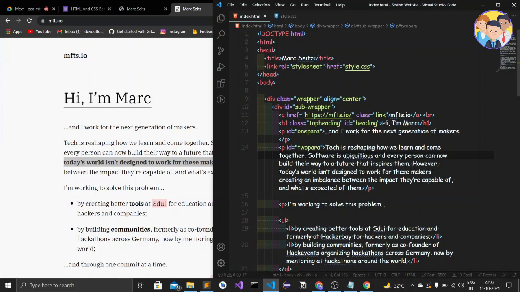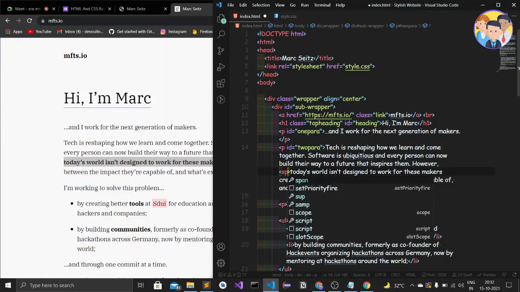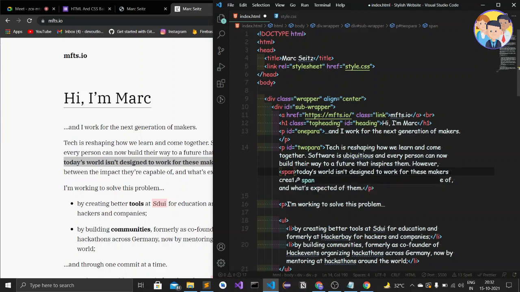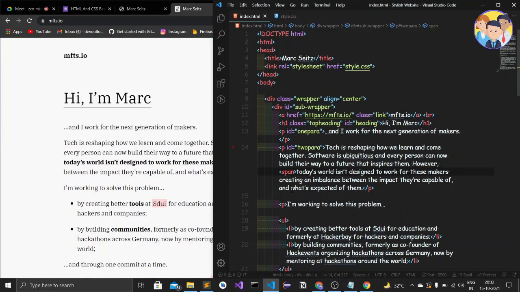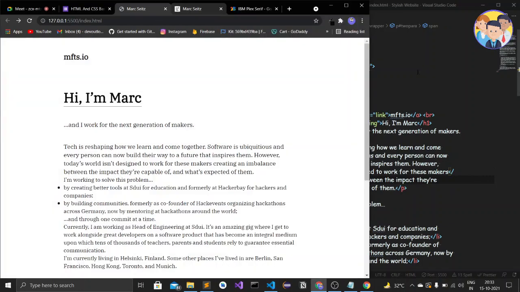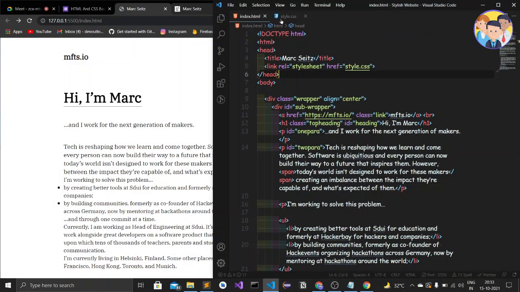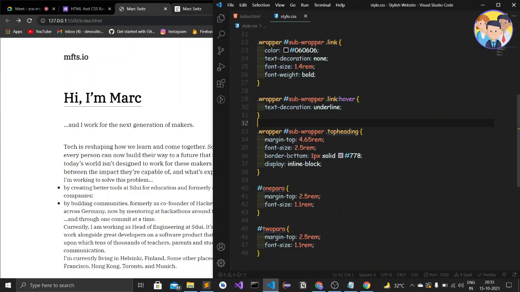Today is here. I'll just add the less than and greater than brackets, and inside that I'll just type span. The span is also a semantic element. Here I'll just close this span tag. When I save it, no changes appear, before we give the styling to that tag.